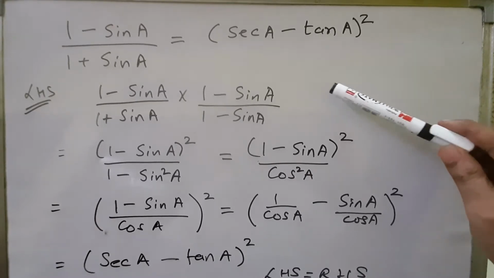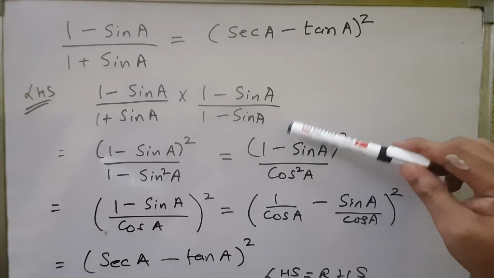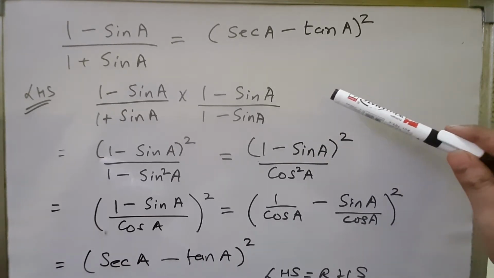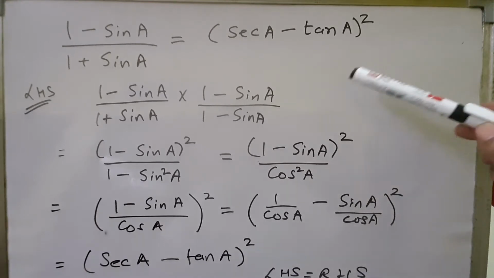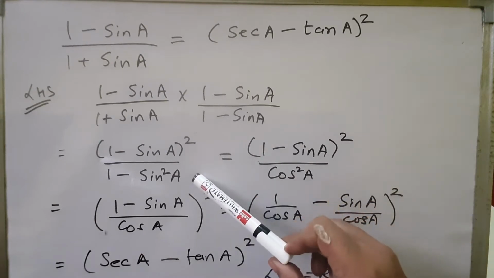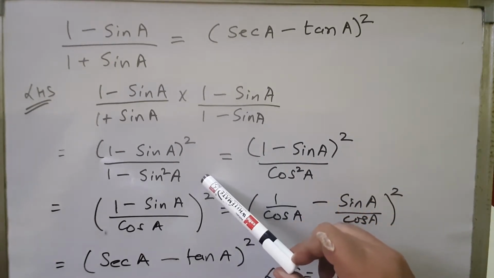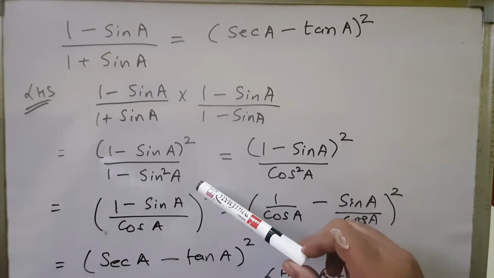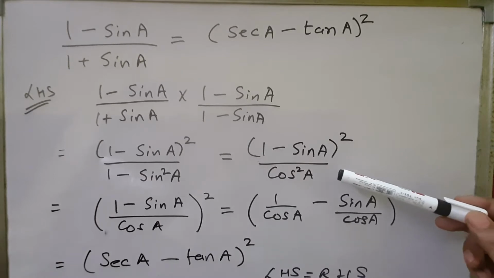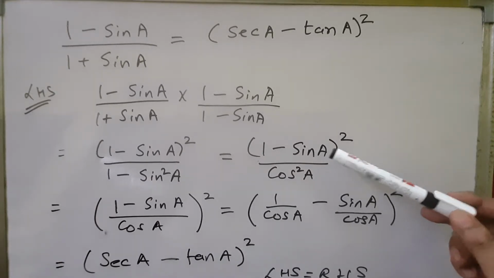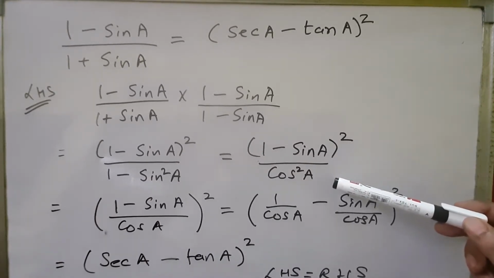So first we multiply (1 minus sin a) to both the numerator and denominator, because in the denominator we have 1 plus sin a, so we'll multiply it by 1 minus sin a, so that (1 plus sin a) into (1 minus sin a) will become 1 minus sin square a, right? So in the numerator we get (1 minus sin a) the whole square, and in the denominator we'll get 1 minus sin square a, and we know that, children, 1 minus sin square a is cos square a. So it will become (1 minus sin a) the whole square upon cos square a.